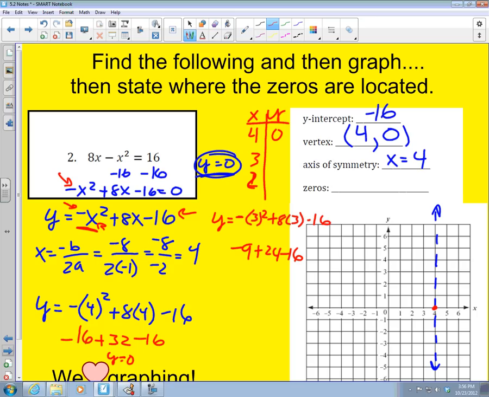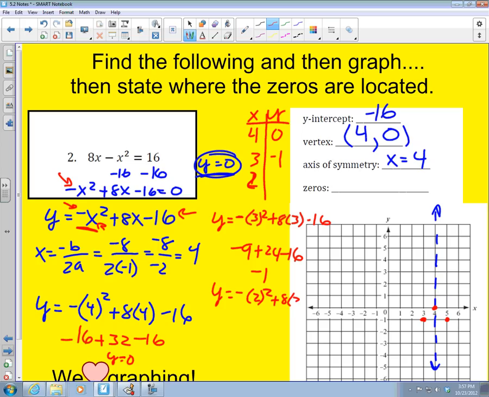Oh, what is that going to equal? That is going to equal negative 1. Okay, so it's 3, negative 1. So over 3 and down a negative 1, I have a point on the other side, 1 unit away. So once you get 1 point, you can graph the second one on the other side of the axis of symmetry. Negative 2 squared